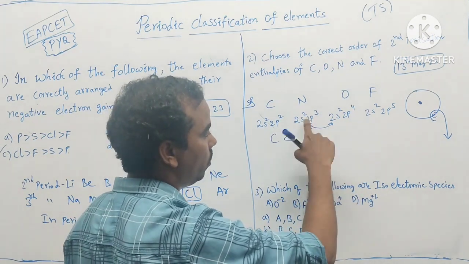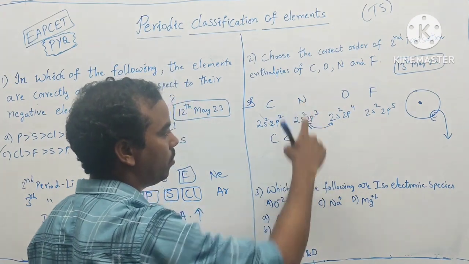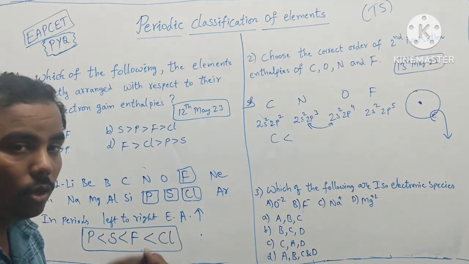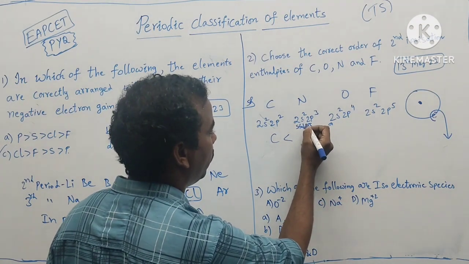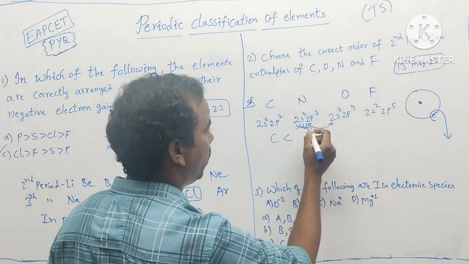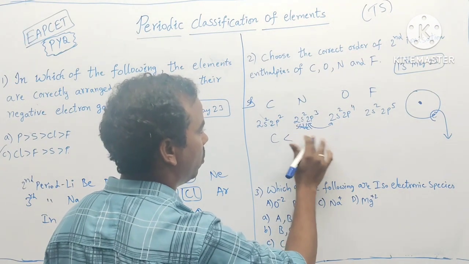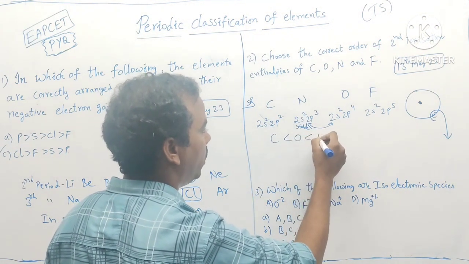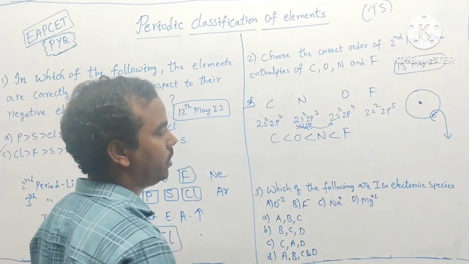Comparing these two, atoms with half-filled electron configurations are highly stable. So to remove an electron, more energy is required for a stable electronic configuration. That's why, compared to oxygen, nitrogen requires more energy. After that, fluorine. So it is the first ionization